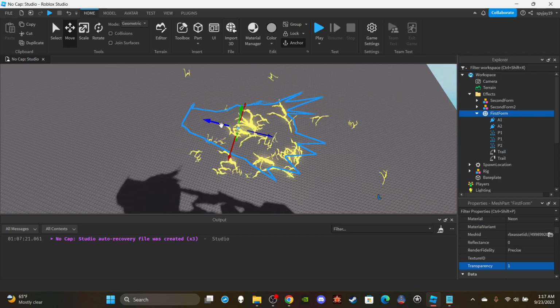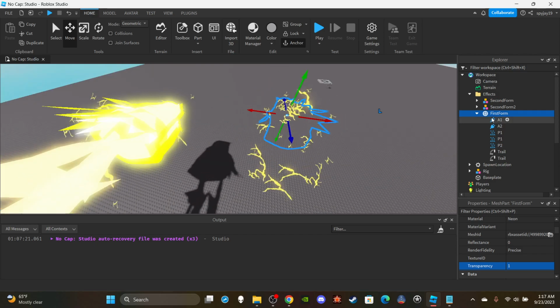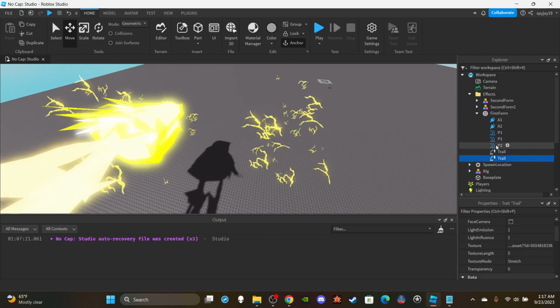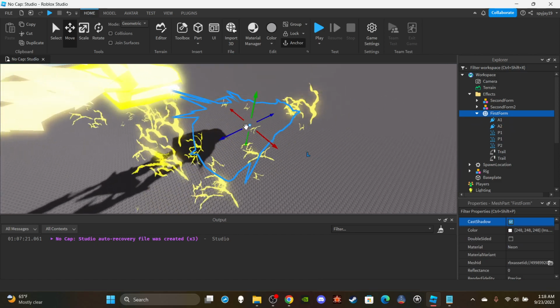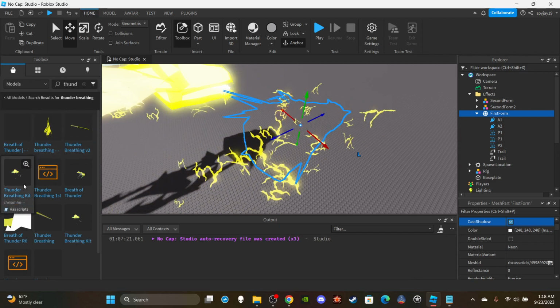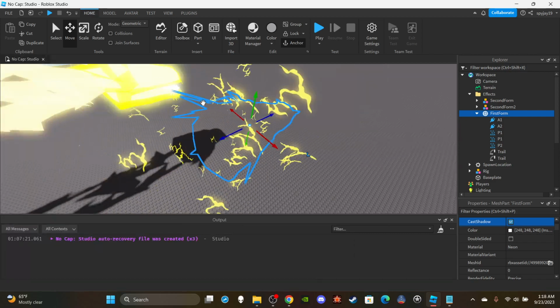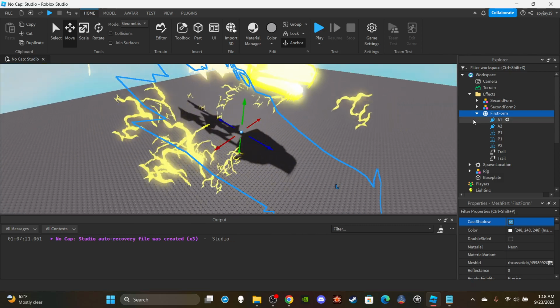You guys see how I move, it has a trail, and it has those lightning. What I care about is everything, the children of it. I don't care about this. So pretty much I got this from one of the effects from this model, the thunder breathing kit. I took it out of the group, out of the model, and then I just put it inside of the